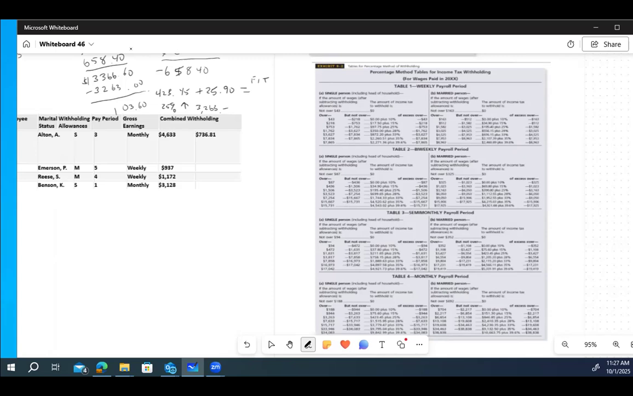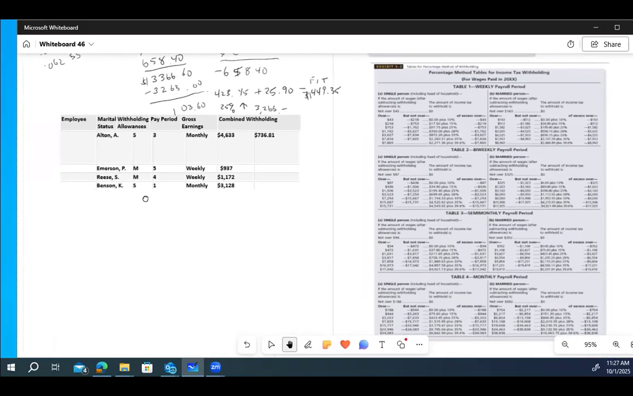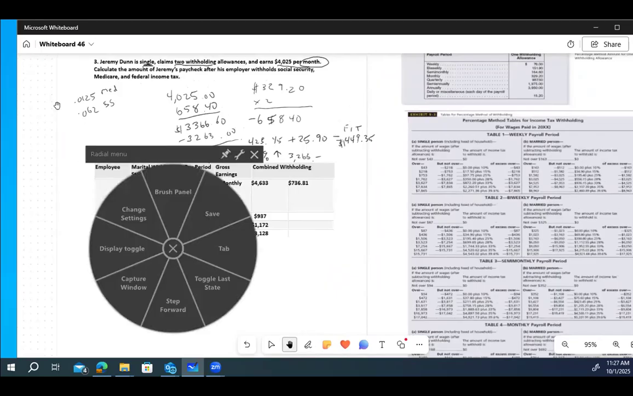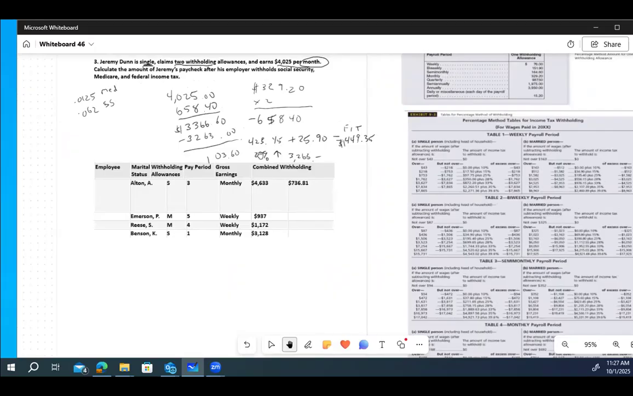449.35. So that's his federal income tax. Now we need to figure out how much he is going to pay in Medicare and Social Security. All you need to do to figure that out is take your total amount. Nothing changes. You don't use the taxable income. You use the whole amount, and you multiply it by